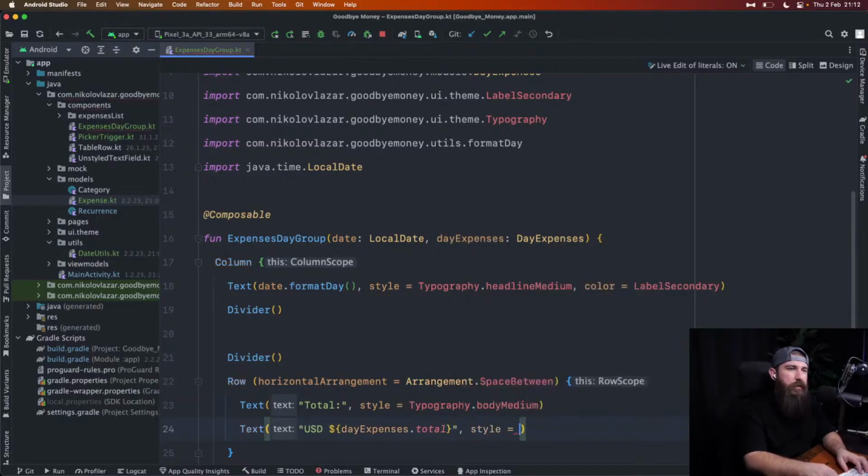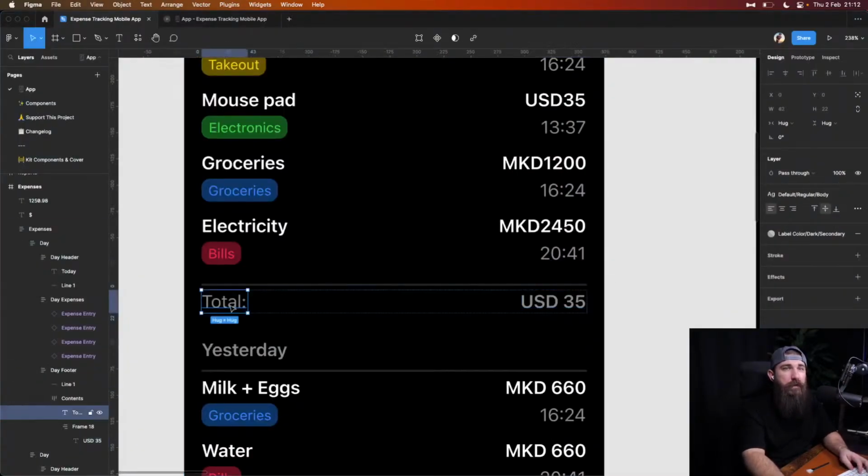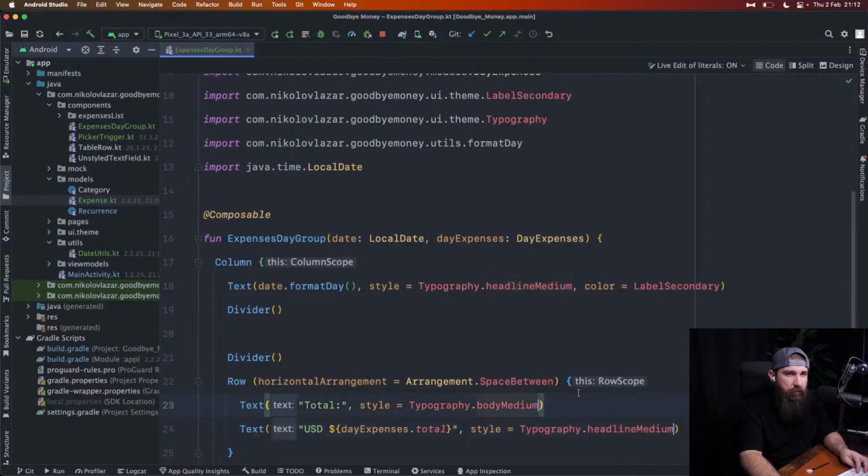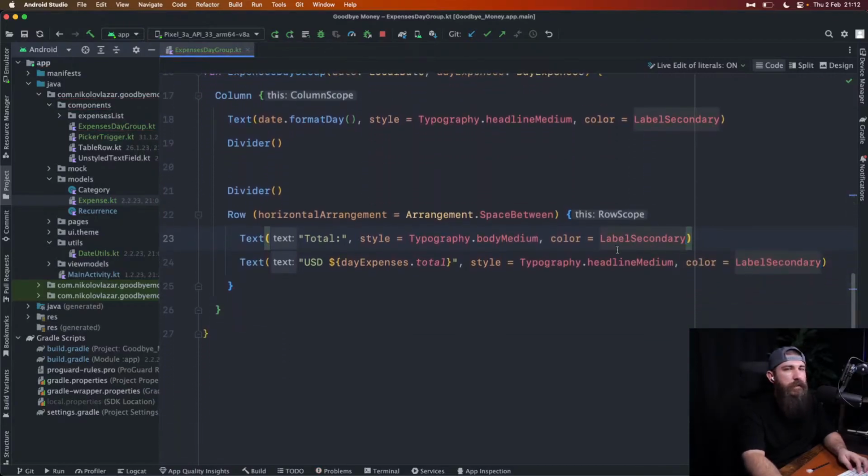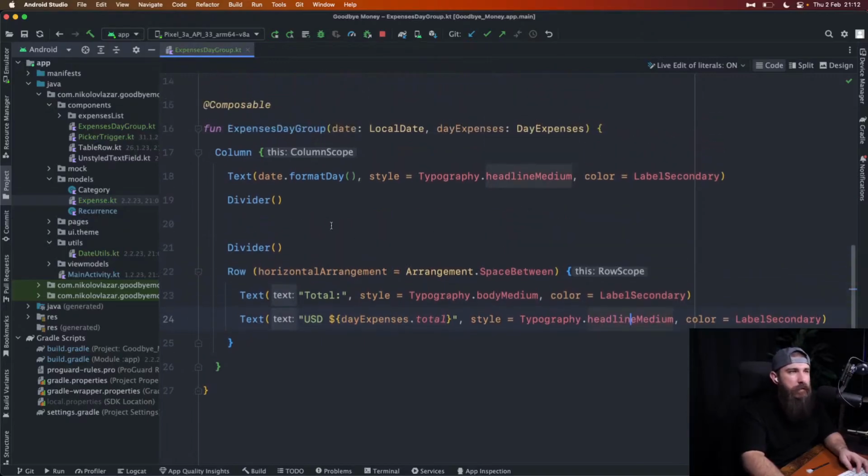And the style is going to be typography headline medium, but we're also missing a color. So this is going to be, again, the same color, label secondary. So color equals label secondary. There we go, just so you can see it. Style is body medium for the total, label secondary color, and for the actual value it's headline medium and, of course, label secondary. And in here we need to put the